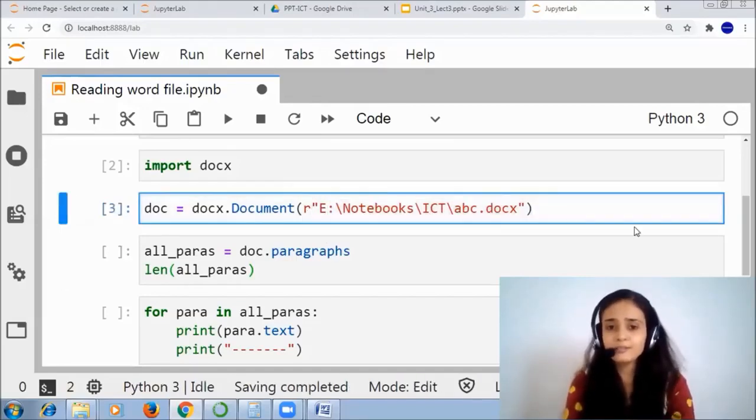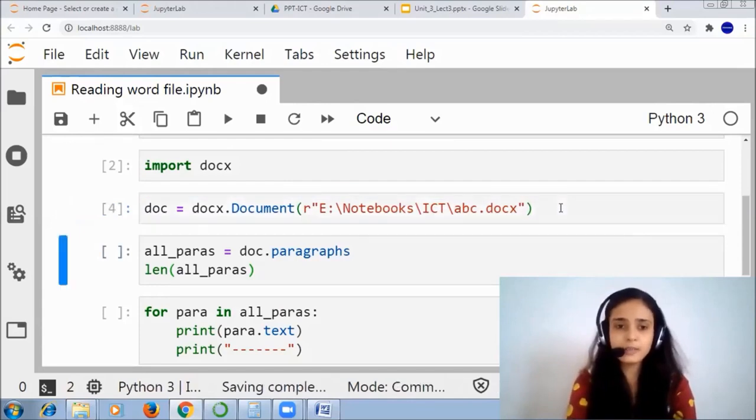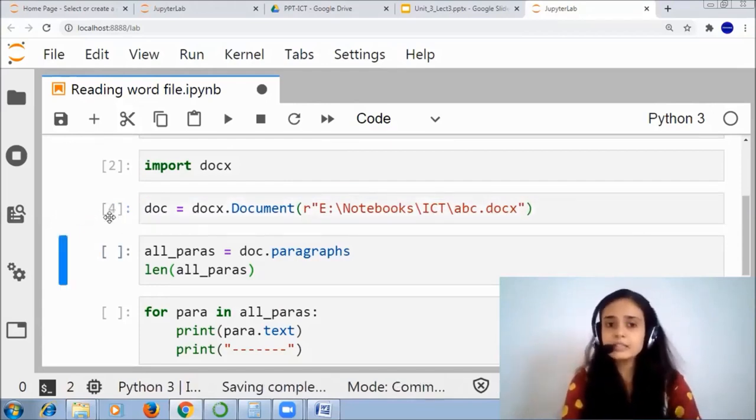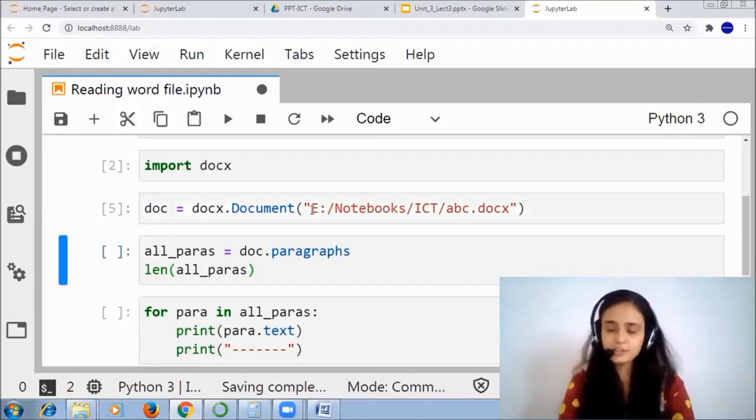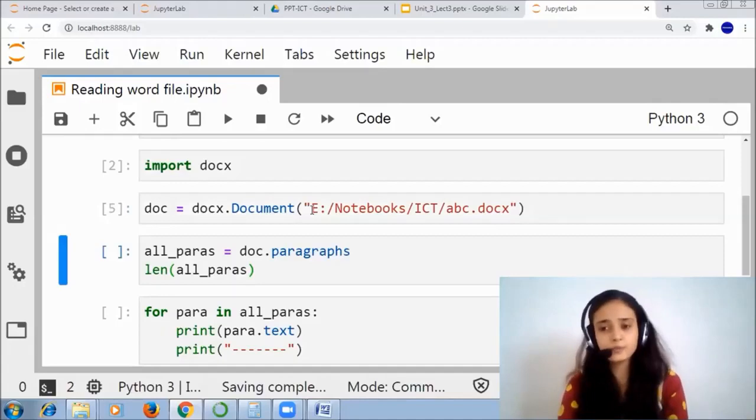If you write r and use the backward slash, the cell will execute successfully. If you use the forward slash, you do not have to write any r; you can write the path directly and it will execute successfully. Only for the backward slash do you have to write r outside the double quotes.